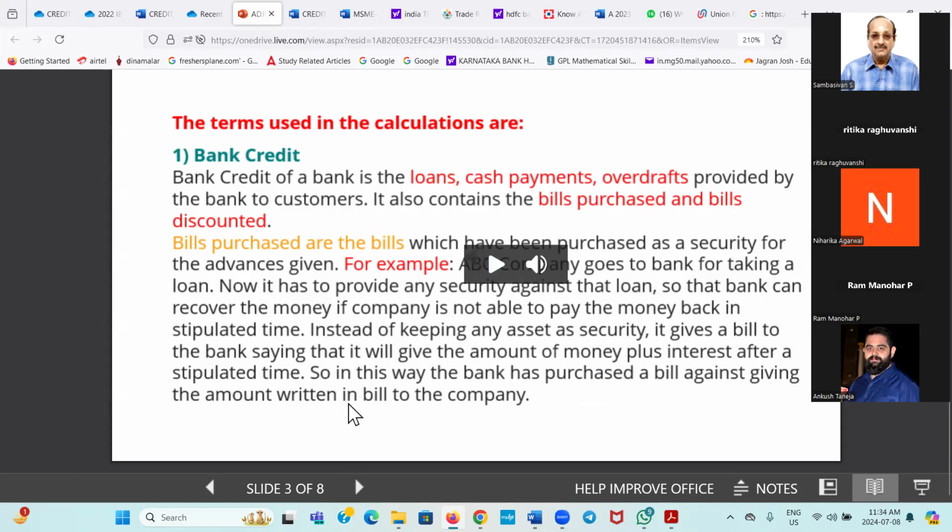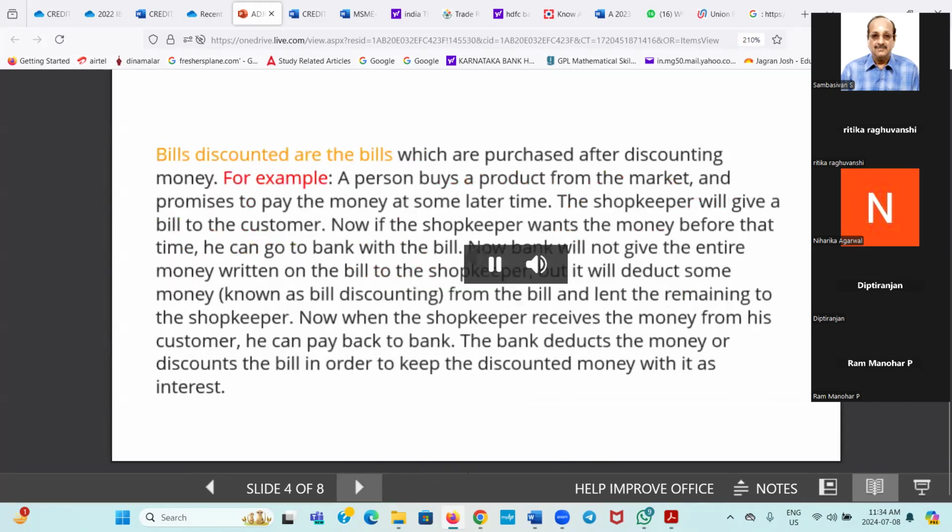Now it has to provide some security against the loan so that the bank can recover the money if the company is not able to pay. Instead of keeping any asset as security, it gives a bill to the bank saying that it will give the amount of money plus interest after a stipulated time. So in this way, the bank has purchased a bill against giving the amount written in the bill to the company. Then number 4,